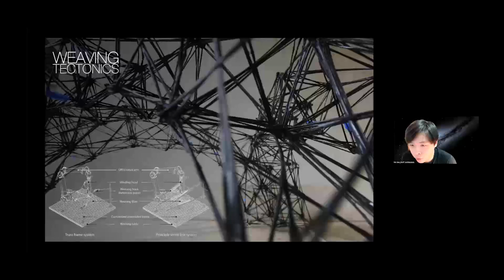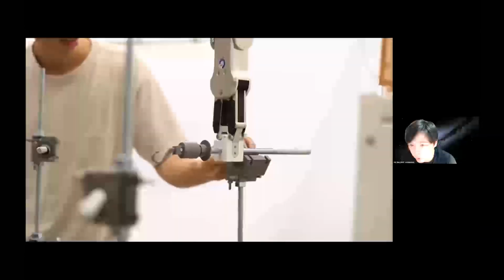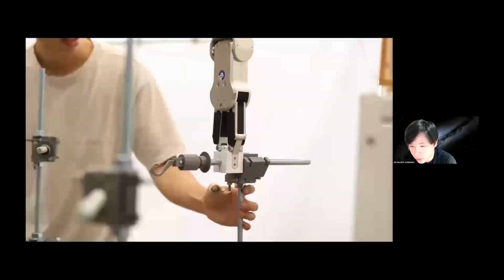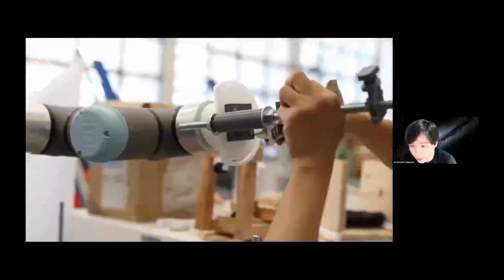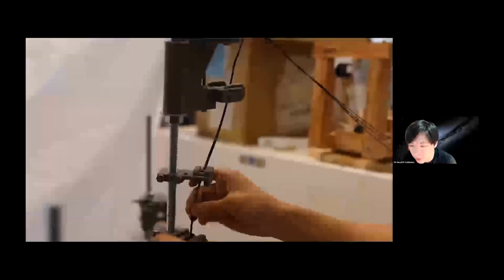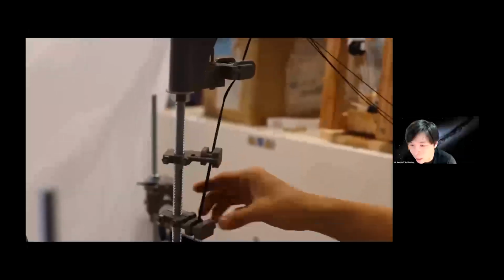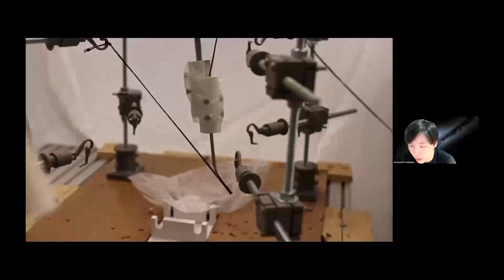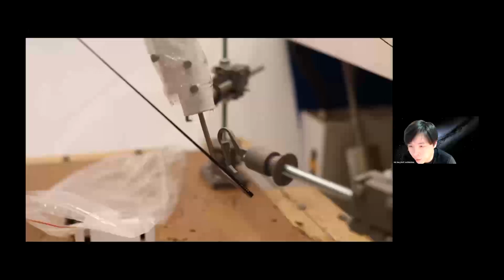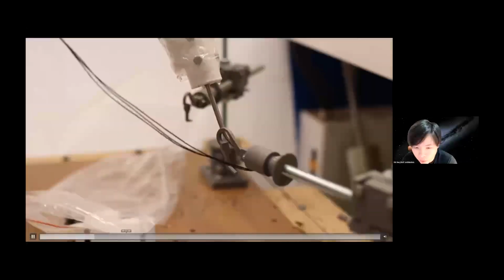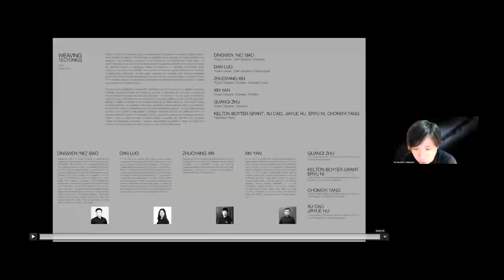And later on, using the robots from the University of Queensland, we set up the automation systems for the weaving techniques, using a carbon fiber weaving system and techniques to fabricate each channel of the pavilion components. Maybe I'll just quickly jump to